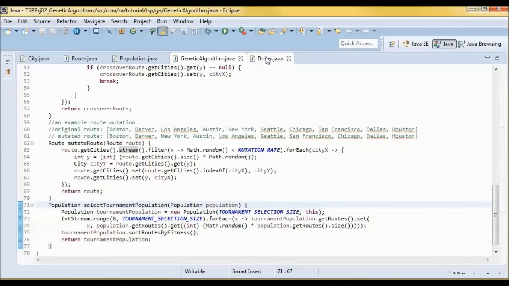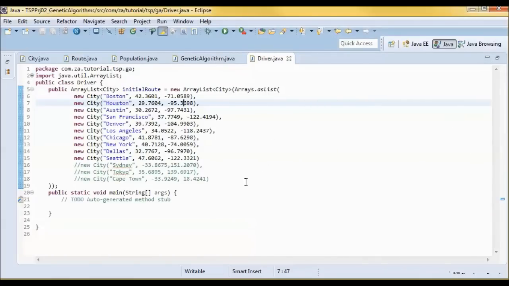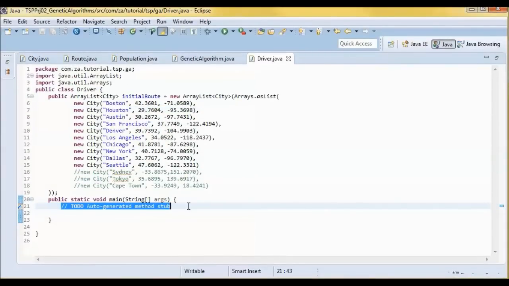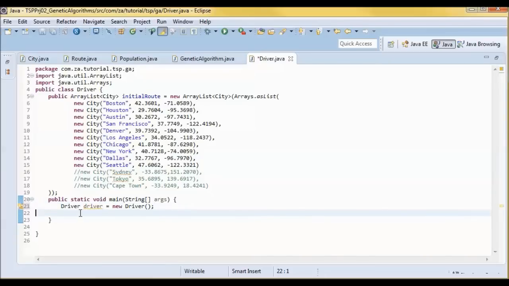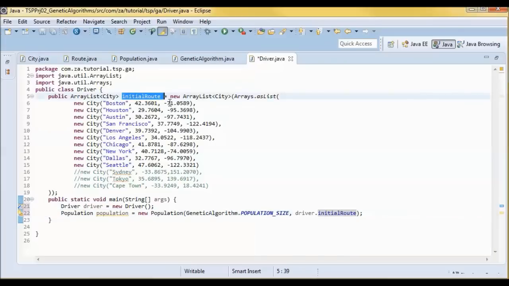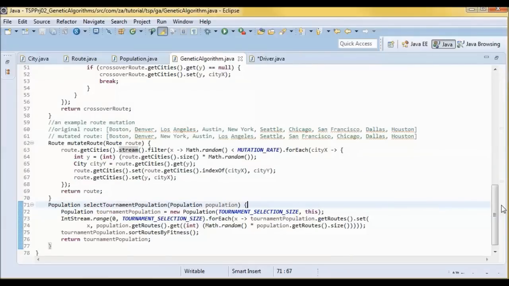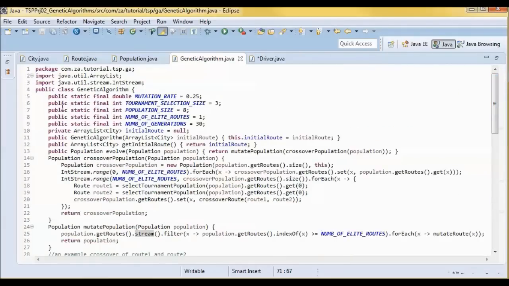So next we will be writing the driver class. So I'll pick up a driver instance, and a population, passing in the initial route and the population size, which we specified here to be 8.